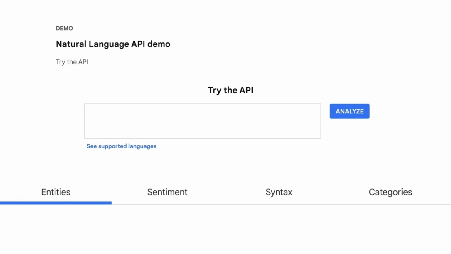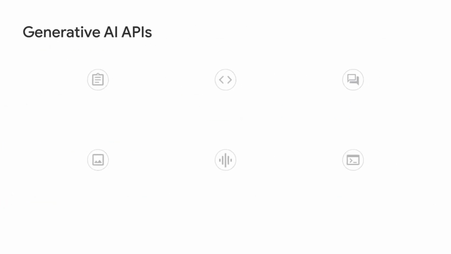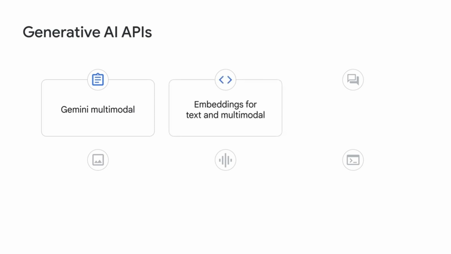In summary, you can build AI projects and applications without training your own ML models or providing training data. Instead, you can use pre-trained AI models through APIs provided by Google. In addition to the above APIs, generative AI APIs have rapidly evolved recently. These APIs allow you to use different foundation models to generate various types of content. Some examples include Gemini Multimodal, processing data in multiple modalities like text, image, and video. Embeddings for both text and multimodal, converting multimodal data into numerical vectors that can be processed by ML models, especially